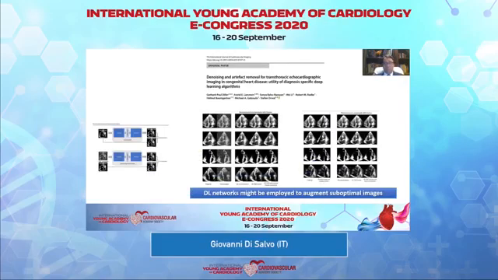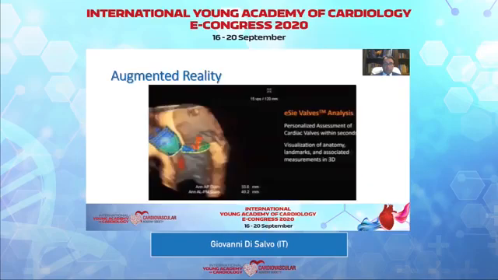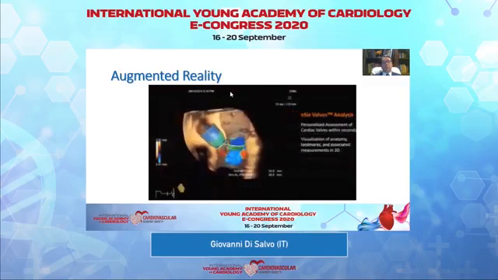And artificial intelligence is also a way to improve the image quality, as demonstrated in this nice study by Gerhard Diller, where the noise of an image can be corrected by using artificial intelligence, as well as stationary artifacts can be removed from the image. And we can use also augmented reality in 3D echo to see the dynamics between the mitral valve and the